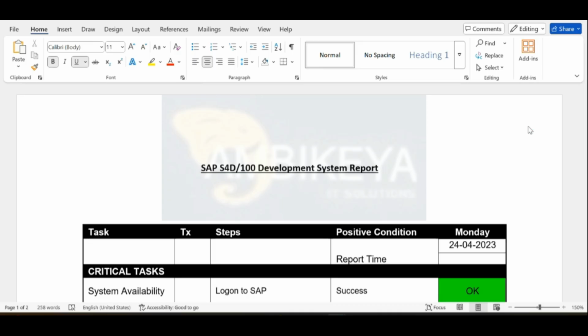Or the end user is saying this issue has been there in the system for the last 10 days. If you are doing the monitoring, you can tell them the issue came today only, or the issue was there since these many days, and what action you have taken. So, okay, monitoring you are doing, but